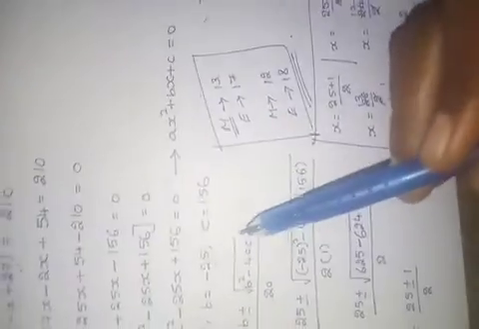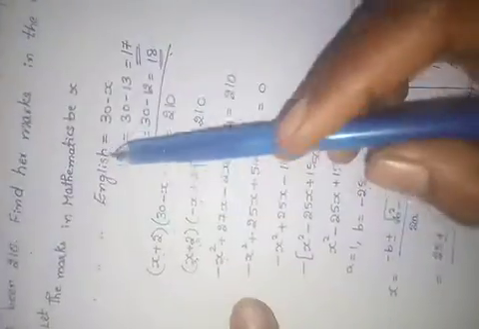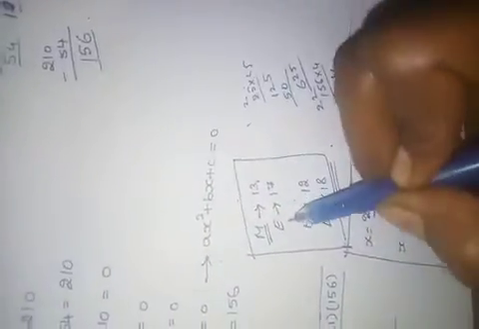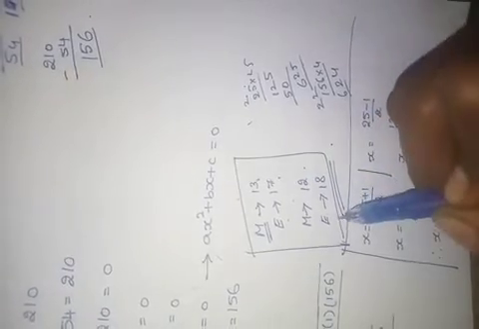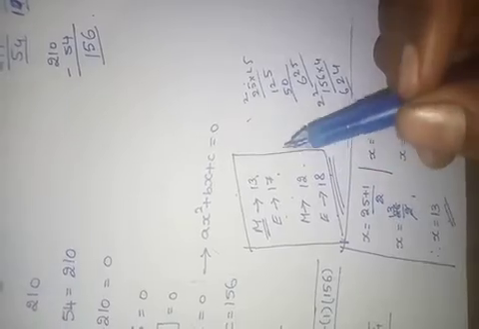By that we solved it, and by using the quadratic formula we substituted it. At last we got two values. These two values we have substituted in the marks of English. So again we got two values. That means if she got 13 marks in mathematics, she will get English 17 marks. If she gets 12 marks in mathematics, she will get English 18 marks. Easy, no? Don't get confused. If you have any doubt, give in the comment box. I will explain you. Shall we go to the next problem?